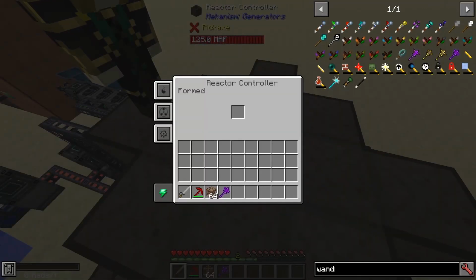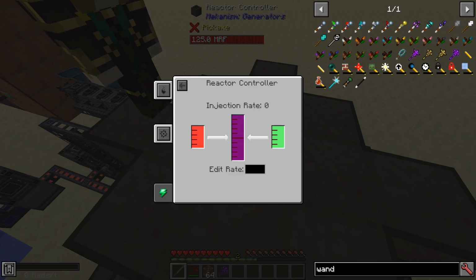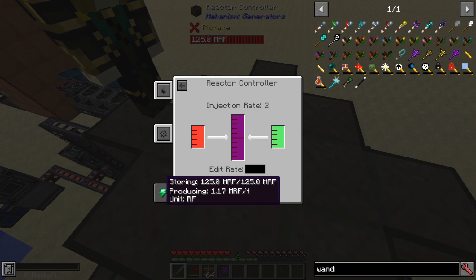After you flick the laser, you want to come over to the reactor controller and go into fuel. The injection rate is automatically set to 0, and for the reactor to actually work, it needs to be set to at least 2. This setup really only produces enough tritium for the injection rate of 2, so it's not going to produce too much RF,